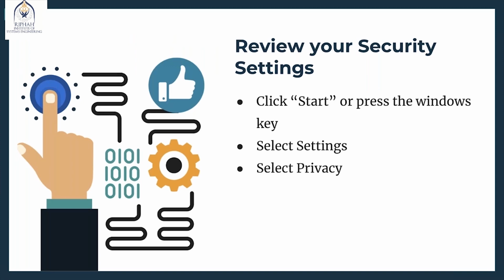Finally, reviewing your security settings. What applications are you sharing your personal location with? What do the apps you have installed have access to on your device? If you are unsure or want to prevent location or other access, you need to review your security and privacy settings. To do this, click Start and press the Windows key. Select Settings and then select Privacy Settings, and then